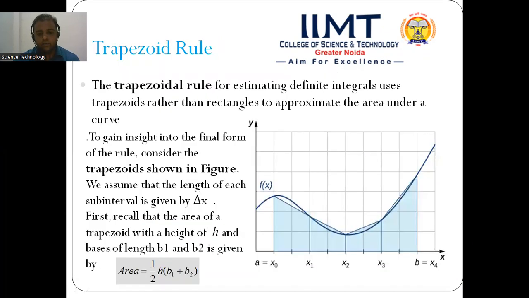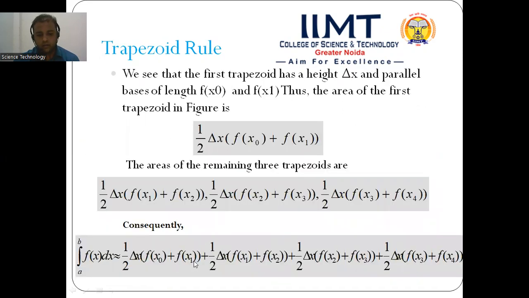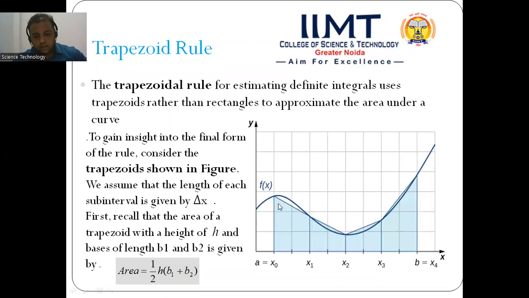Consequently, to find the area under the curve, we have to add all those areas. So we have added all those areas of trapezoids, which will produce an approximated result. Since it is an approximation, you can see that there is some area left out from the curve, which is not covered by the trapezoids, and there are some areas which are